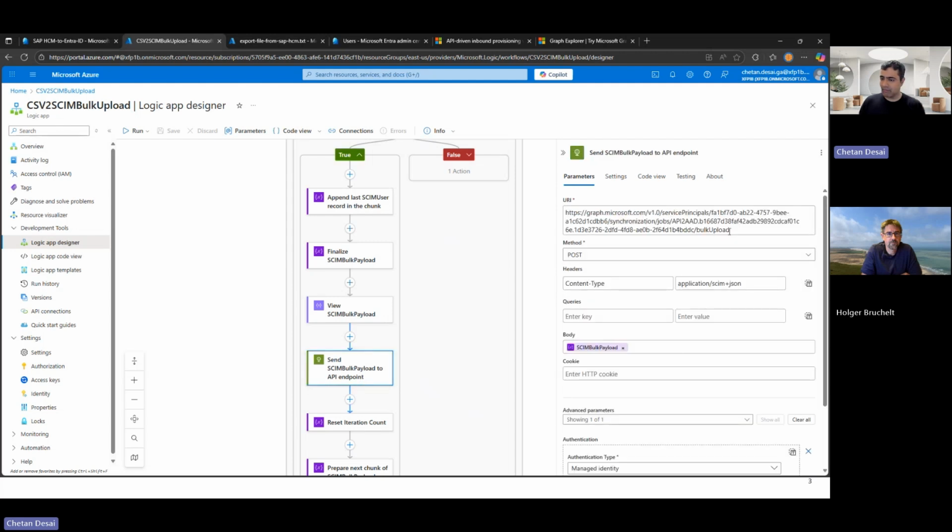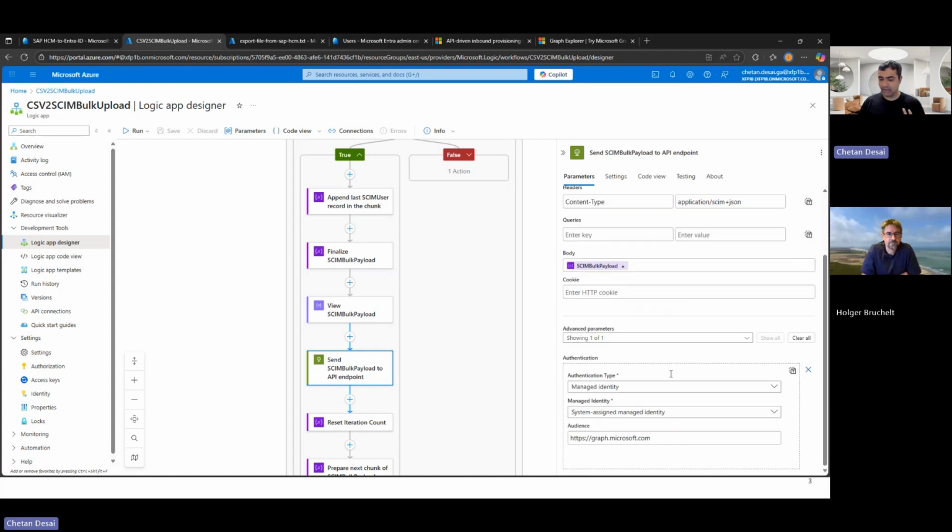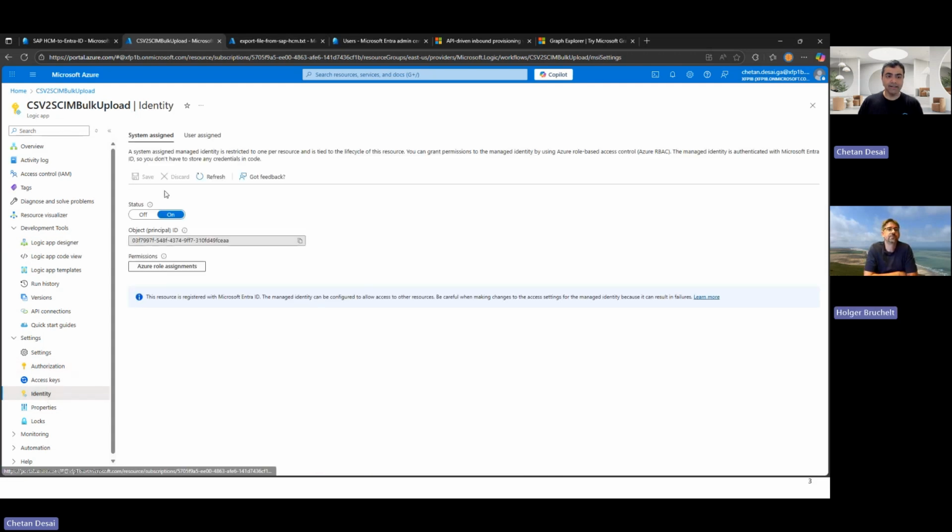sends it to the API endpoint that we have configured in Entra. So you can see here, this is the API endpoint to which we want to post the data. And again, security is top of mind for us. We want to make sure that we are using the right credentials here. So as a best practice, we recommend using managed identity to authenticate and send to this. And we are using a system assigned managed identity, which you can configure in the identity section of the Logic